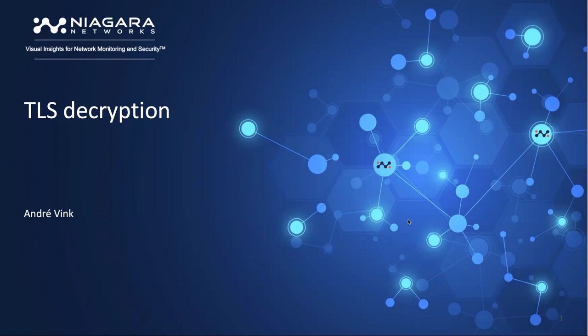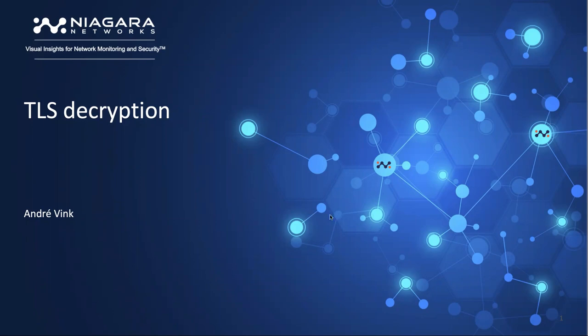That also means that from a network visibility perspective, we lost sight of what's going on in the network. So decryption has become a necessity to get more information about what's going on in the network, to enable security features on the network, and make sure that the traffic that enters and leaves the network is at least secure and inspected.